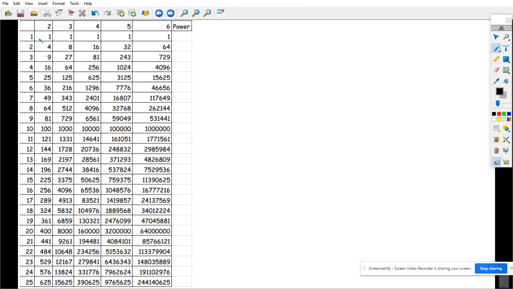This is saying that if you have 2 to the second power, it equals 4, 2 to the third power equals 8, 2 to the fourth power equals 16, 2 to the fifth power equals 32, 2 to the sixth power equals 64. Well, just like that, if I did the sixth root of 64, it would equal 2. If I did the fifth root of 243, it would equal 3. So this kind of gives you a reference sheet for perfect squares, perfect cubes, perfect fourth roots, perfect fifth roots,